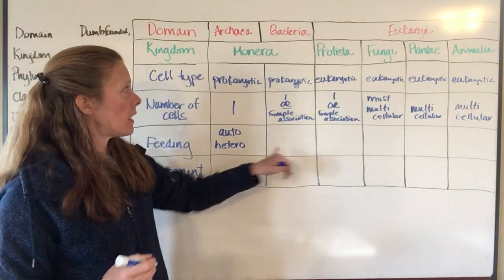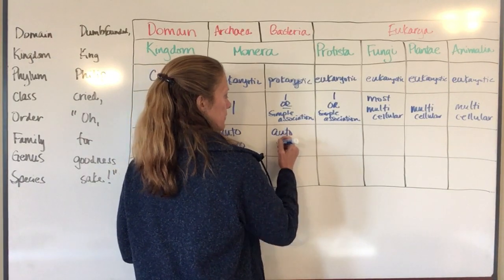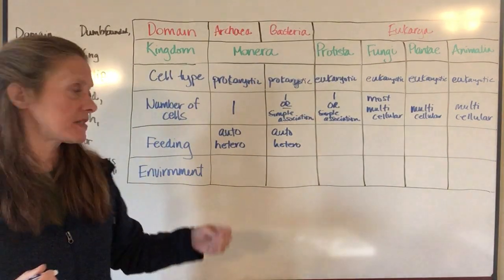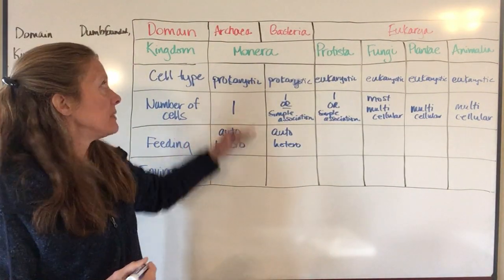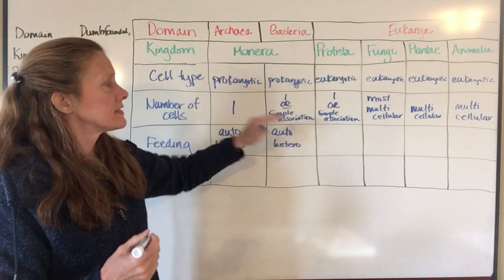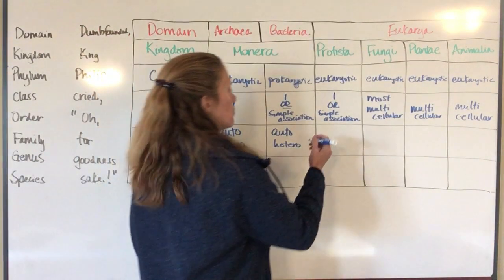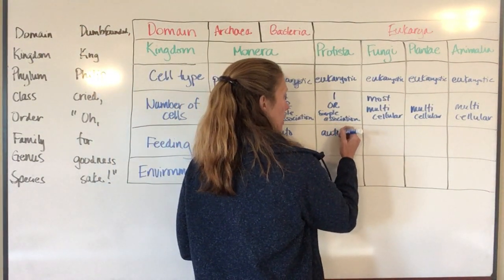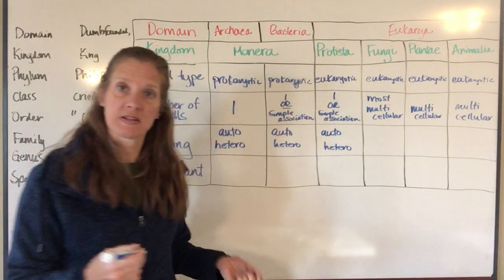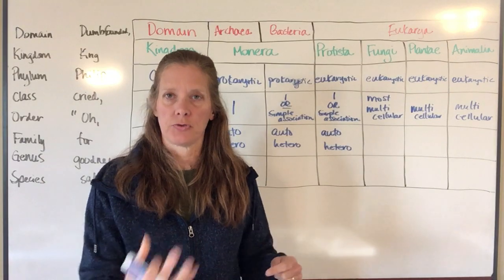archaea and bacteria are both autotrophic and heterotrophic. Now, I don't mean that the same organism is both autotrophic and heterotrophic. What I mean is that there are some autotrophs in this domain, and there are some heterotrophs in this domain. Same thing for domain bacteria. Protista are the same way. Some of them are autotrophic, and some of them are heterotrophic. We're going to find some of both. Some that can make their own food, some that have to take in other food to get the energy that